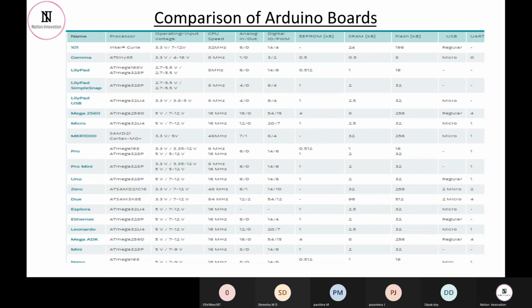Okay. One more advantage we can consider for the Arduino board is that it's not very expensive. It is expensive, but if we compare with other boards, it's not very expensive. There are some boards which are even less costly than Arduino ones, but we can consider it an advantage for Arduino as well.